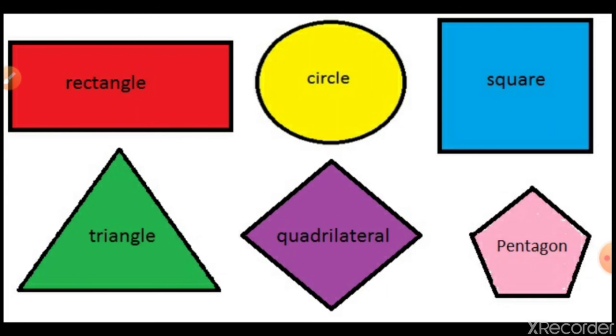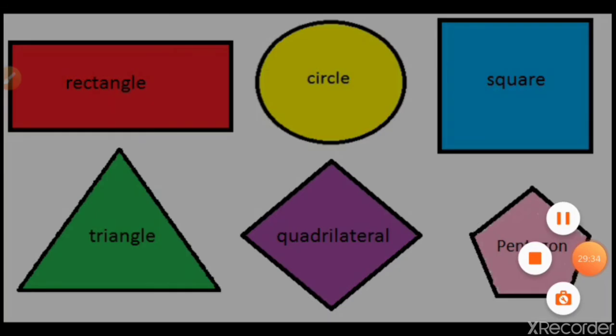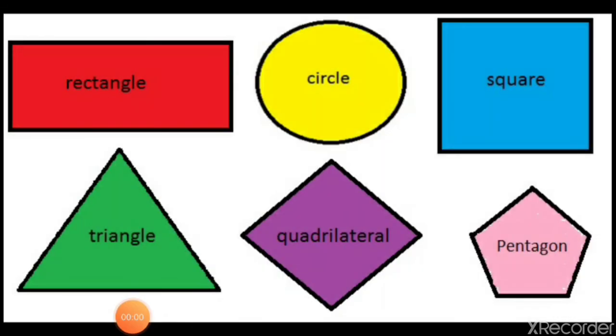Then heart shape is also a 2-dimension shape. Okay, the shape of a crescent moon, which is not the full moon, that also is a plane shape. All 2-dimensional shapes are plane shapes. So okay, so these are some basic plane shapes. So children, these are some basic 2-dimensional shapes.